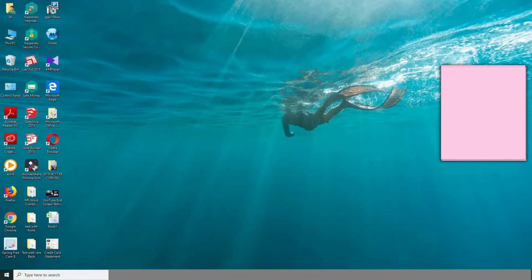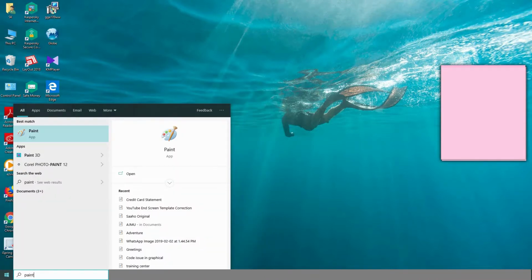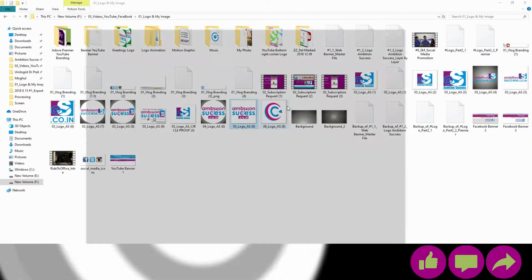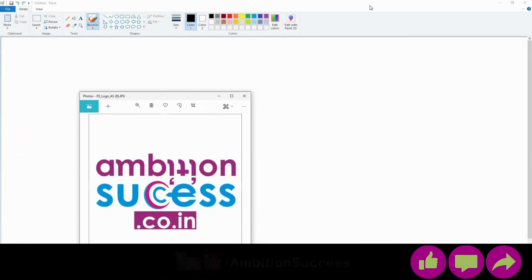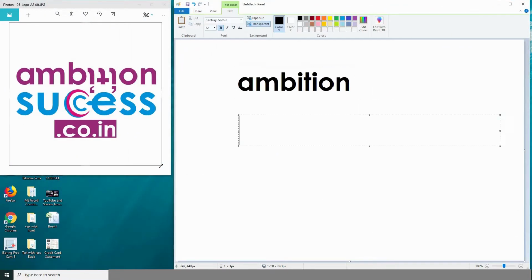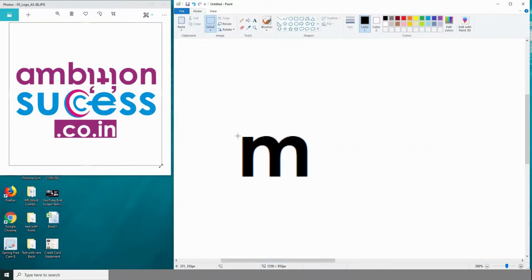So now I'm opening Microsoft Paint from the Start menu and also opening the sample file which I will show you here to create. Now I'm typing the text, and also I have additionally typed M. The reason I will show you now. So I have deleted the unwanted part of M, and then I am copying another part